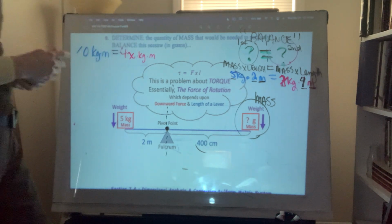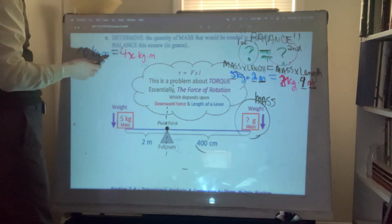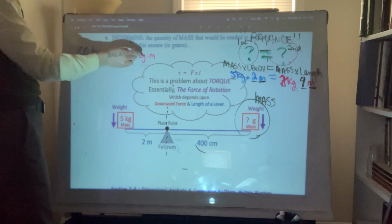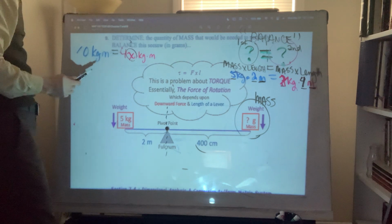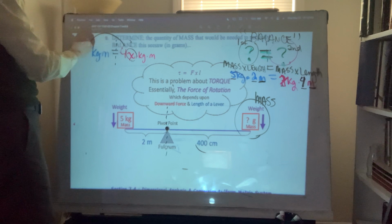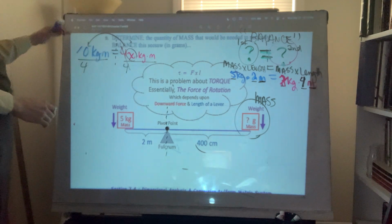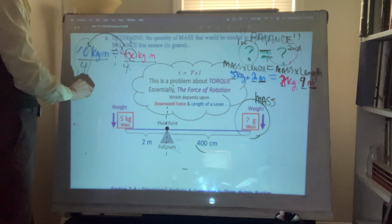When you're solving algebraically, remember you perform opposite operations. That means that the numbers involved have to go to the opposite side of the thing that we're solving for. In this case, this is the question of the actual number for kilograms. It has a coefficient apparently of 4 because of the meter unit, all right? I'm going to move the 4 from here over to here, all right? Divide by 4, cancels, divide by 4. If you straighten out just the numbers alone, 10 divided by 4, this will give you the decimal of 2.5,